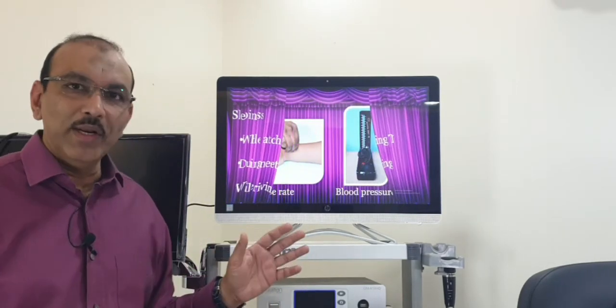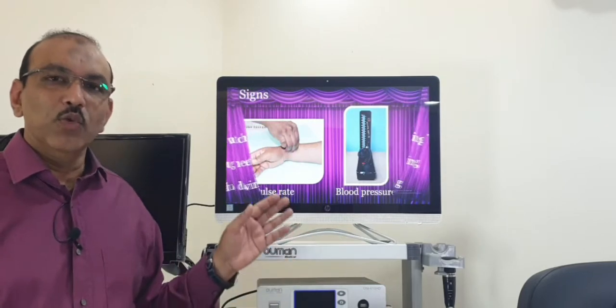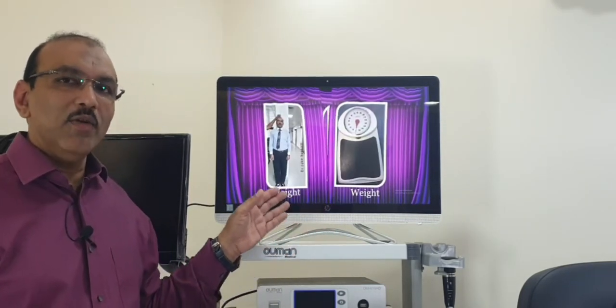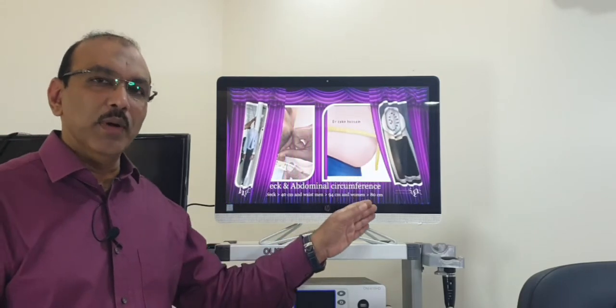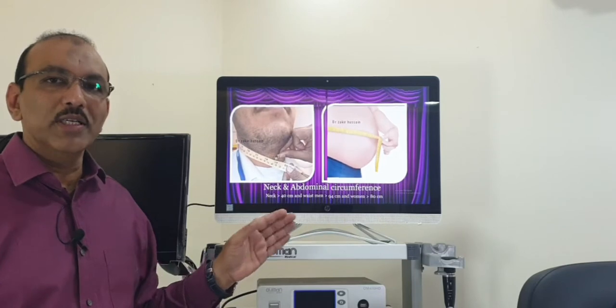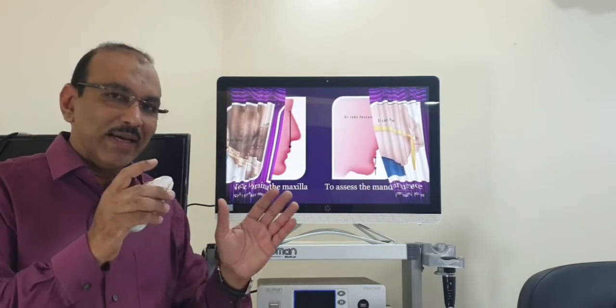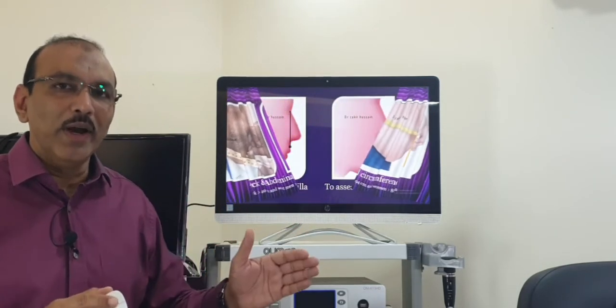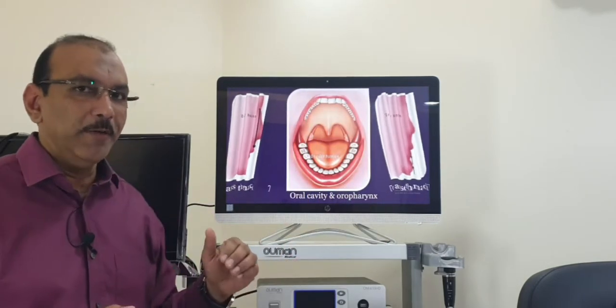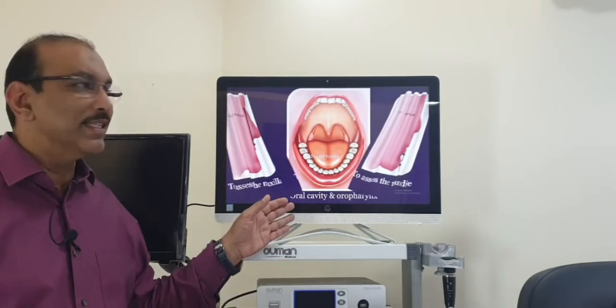Now coming to examination, to start with, we'll check his pulse rate, we'll check his blood pressure, and we'll check his height and his body weight. With his height and body weight, we'll see what the body mass index is, and we have a grading for that. Grade 1, grade 2, grade 3, and grade 4 is severe, which is more than 40. And we'll examine